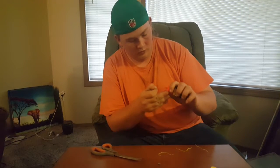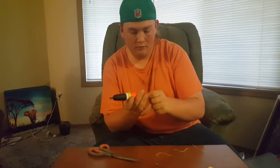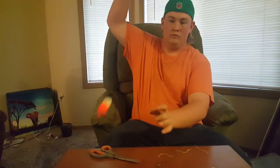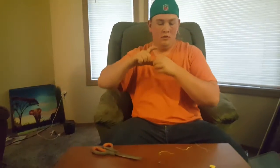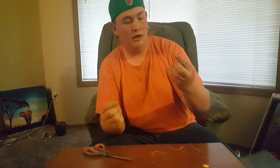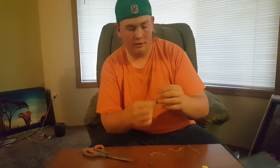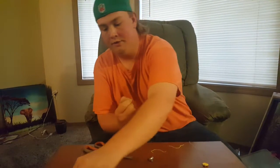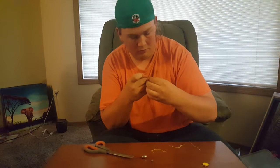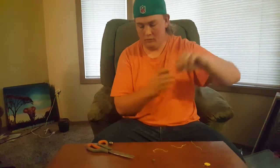So I'm going to put the bobber on next. Slide it on there. And then my weight, I use a 1/2 ounce egg weight. Put that on the line, and between the line and the swivel, I put another bead, still a 4mm. And then